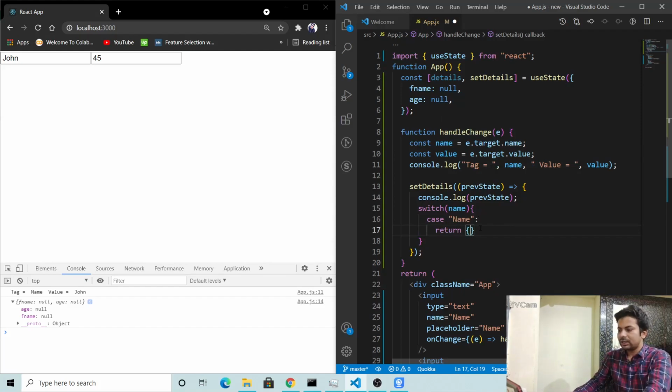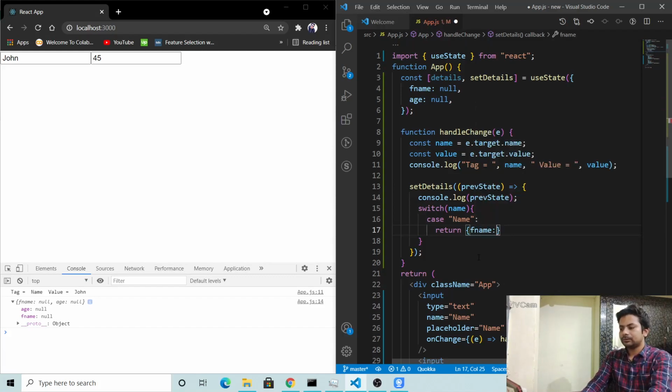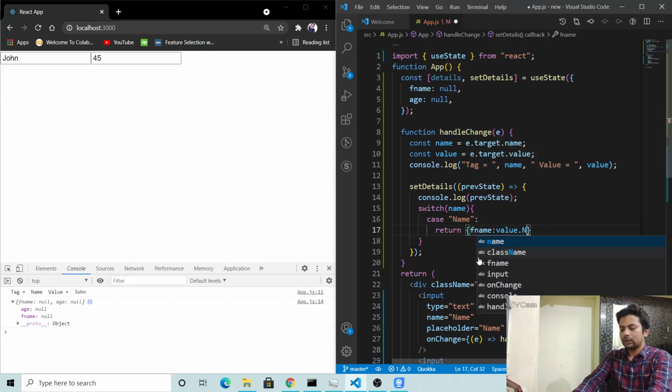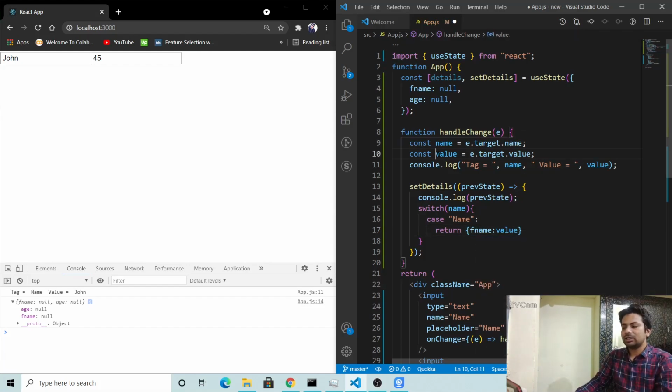Suppose the tag is name, something changing in the name variable, like a name tag, so I'll say fName will be value dot value, sorry. Whenever something changes, it will come into value,